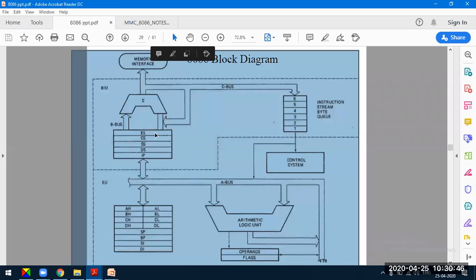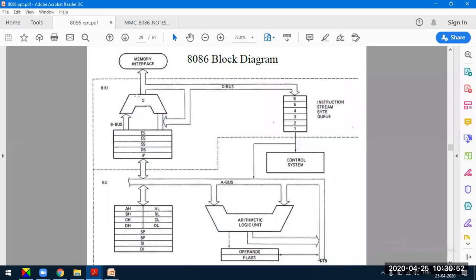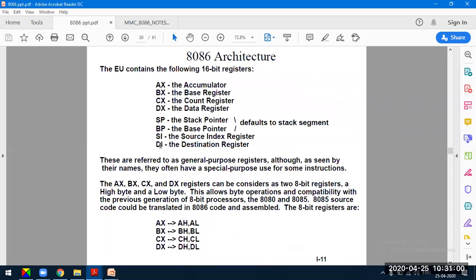We'll look into the details of these segments in memory. It also has the instruction pointer IP, an adder, and what is known as the instruction queue. Let us look into this in detail now, then we'll come to the execution unit part of the processor.